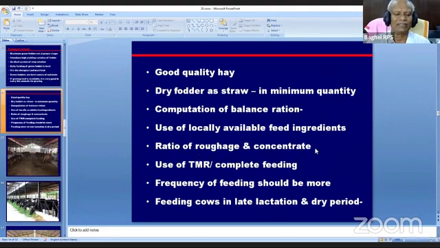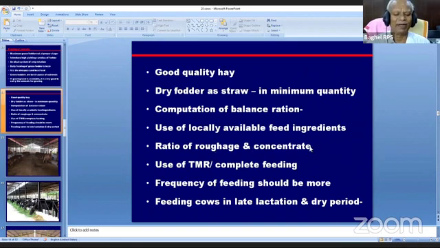The ratio of roughage and concentrate. Dear friends, our cow is worshipped mainly because the cow gives milk by consuming poor quality roughage and other types of roughage. The reason is, in the 4 compartments of the stomach of the cow, the first compartment, called the rumen, has millions and millions of bacteria which digest the roughages, utilize the feed, and then supply excellent quality nutrients to the animal.